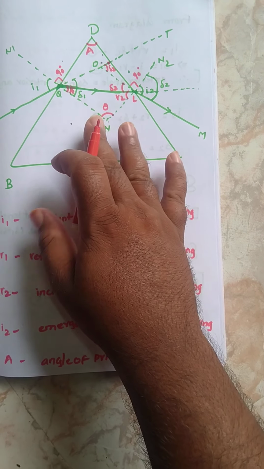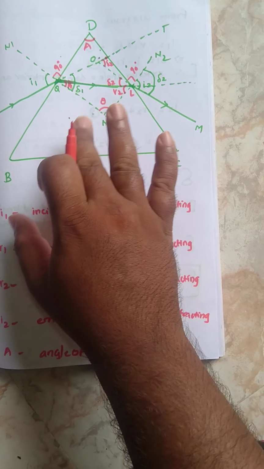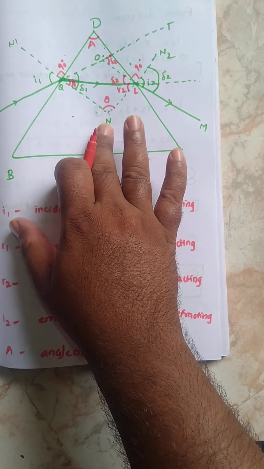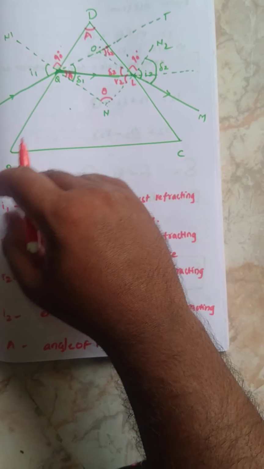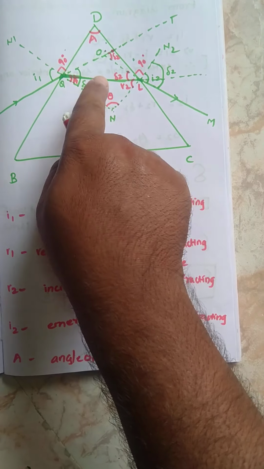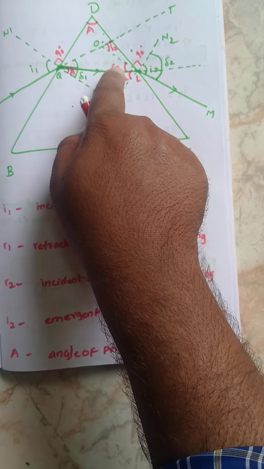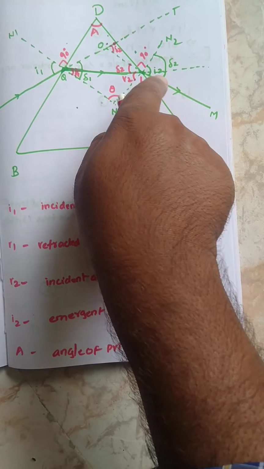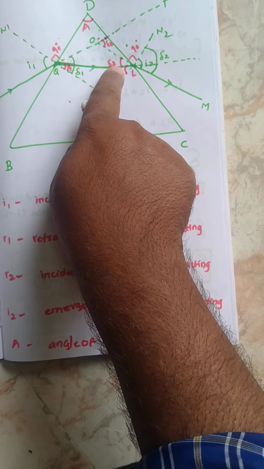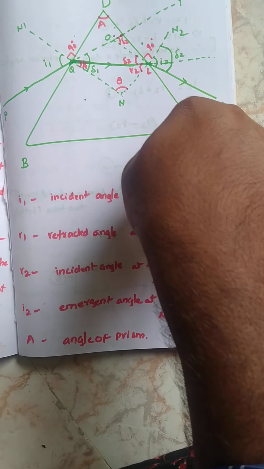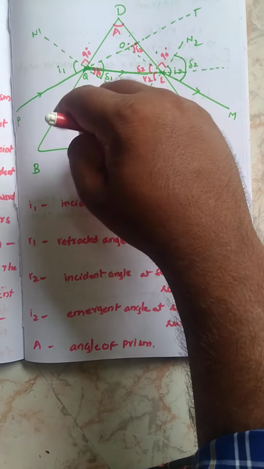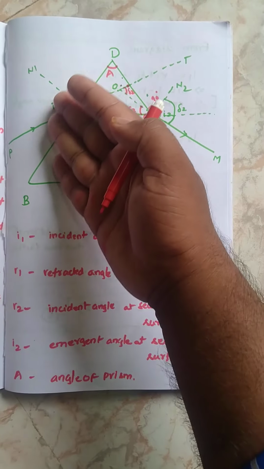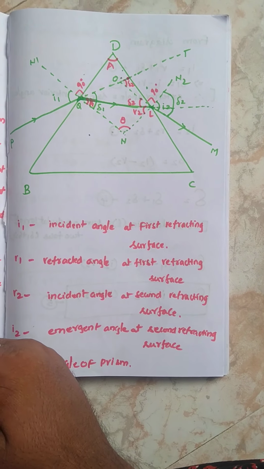And after that, now it is glass and it is air. Whenever a light ray passes from glass, a denser medium, to a rarer medium, it bends away from the normal. For this interface, this is the normal, and the ray behaves as the incident light ray. So for this interface it behaves as the incident light ray, right? And now it bends away from the normal. n2 is the normal for the second face. It is the first face and it is the second face, right?